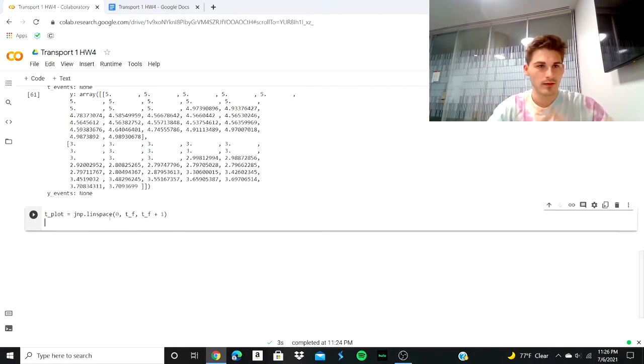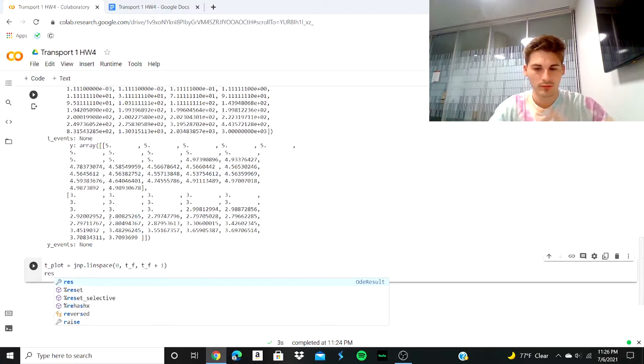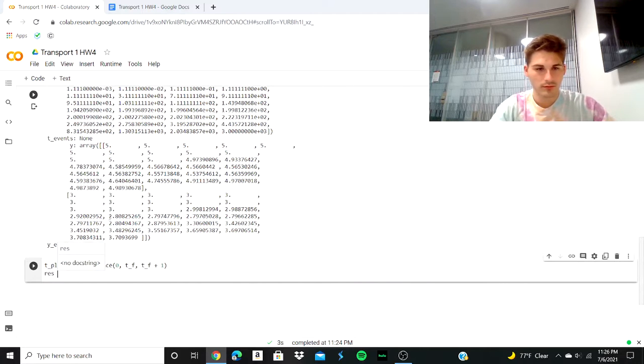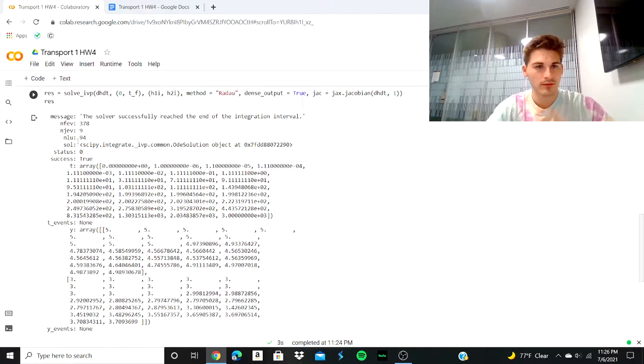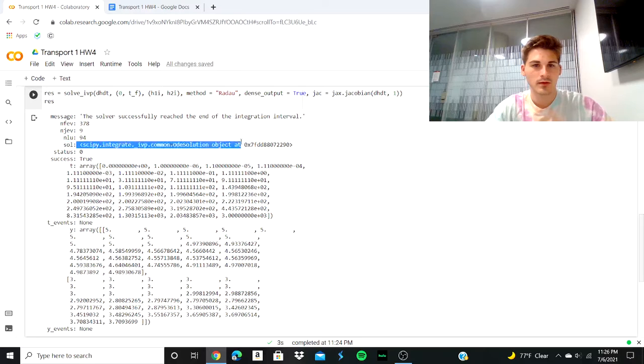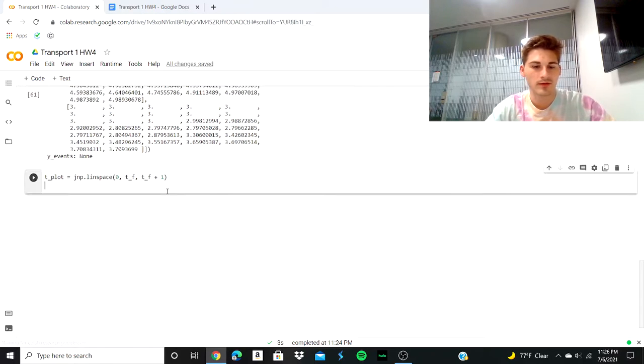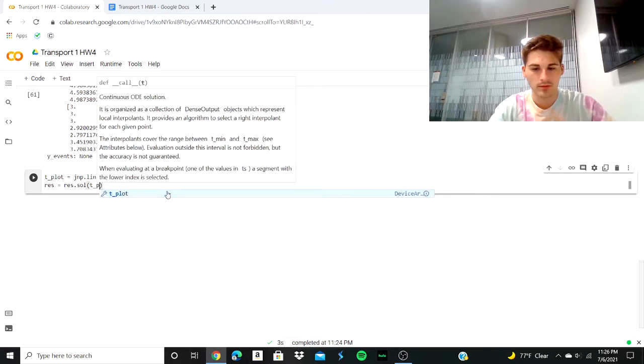And then we want to evaluate this sol here, this whole function that it gives us across a specific time interval. That time interval is tplot. So we can do so by doing res.sol(tplot),